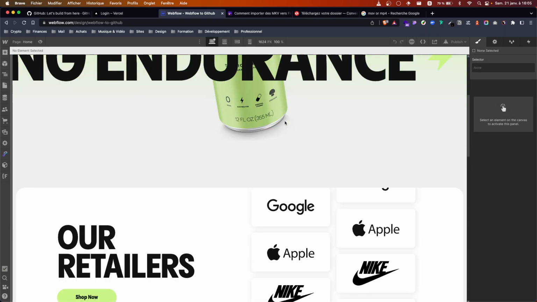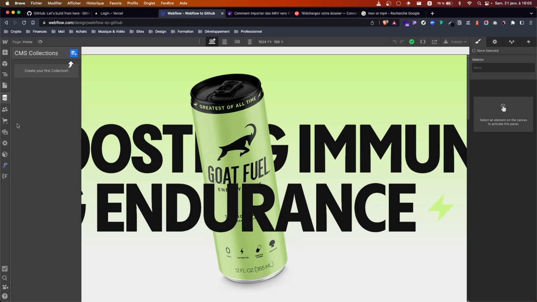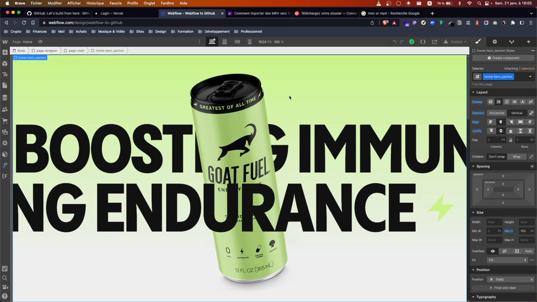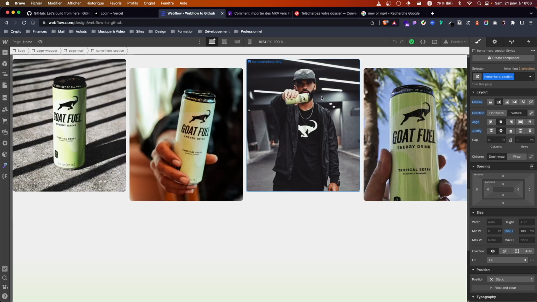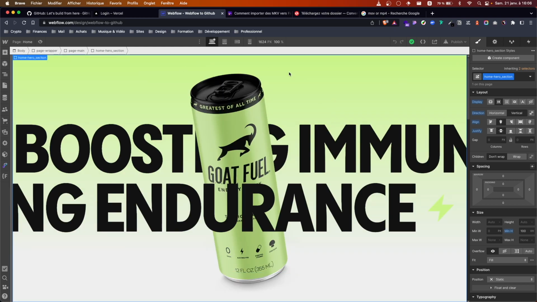Okay, so I need to tell you first, this method only works for website without CMS items. So I'm gonna verify there is no collection. Okay, there's no collection, perfect. And you also need to have a plan, a light plan I think it's called, where you can export the code. So to export the code from a Webflow website, you need to click here,